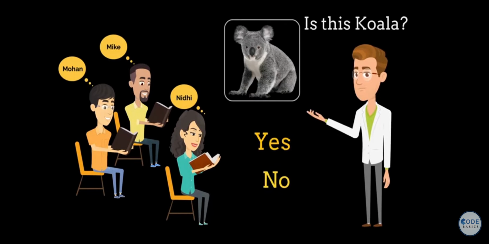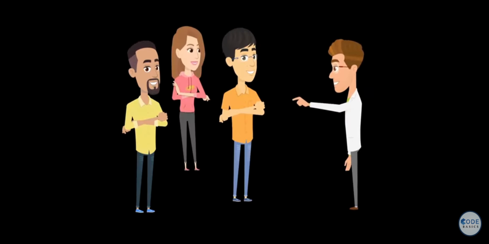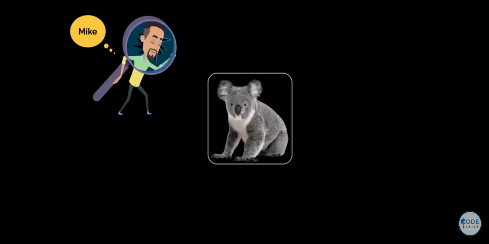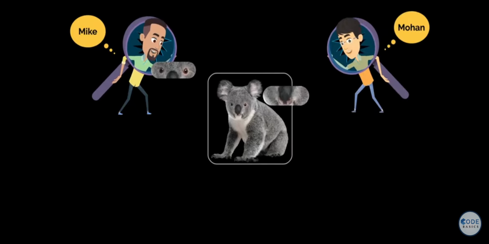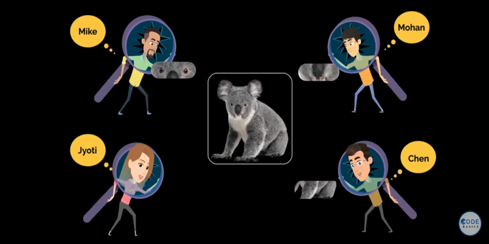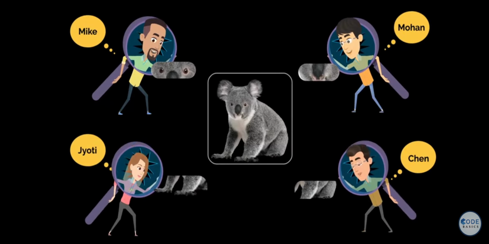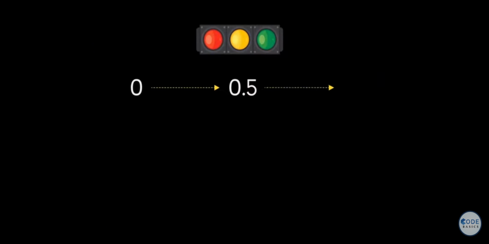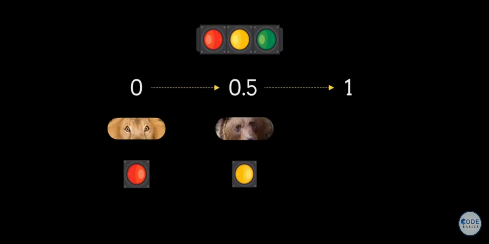You can make this a teamwork and give individual responsibility to each of these students, such as Mike can work on detecting only eyes, Mohan can work on detecting only nose. So each of these students is working on detecting a specific part of the koala's body from an image. The way they give their decision is by using a score of 0 to 1, where 0 means this is definitely not a koala's eyes, 0.5 means yeah, it looks like a koala's eyes, I'm not sure, maybe 50-50, and 1 means it is